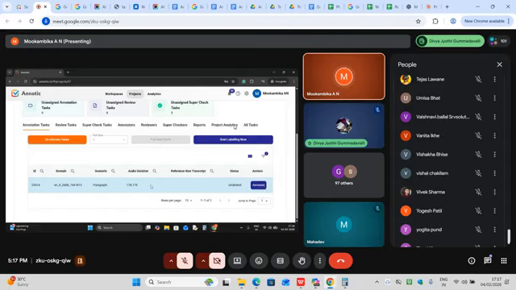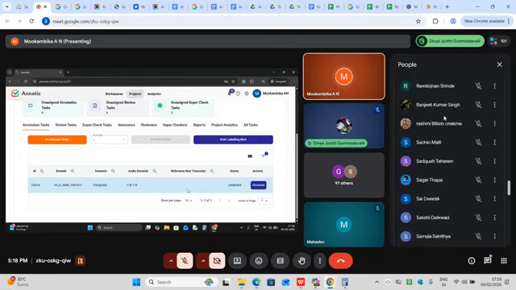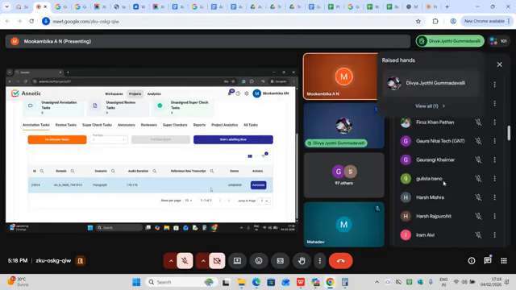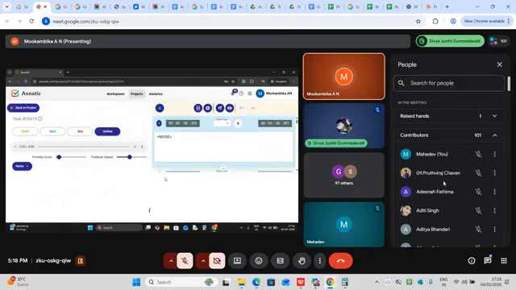This is a test file, so there is no reference text given. In the live file, when you are working on the live file, a reference text will be given here in this portion. What you need to do is copy that, Control C. Then press on the annotate button.